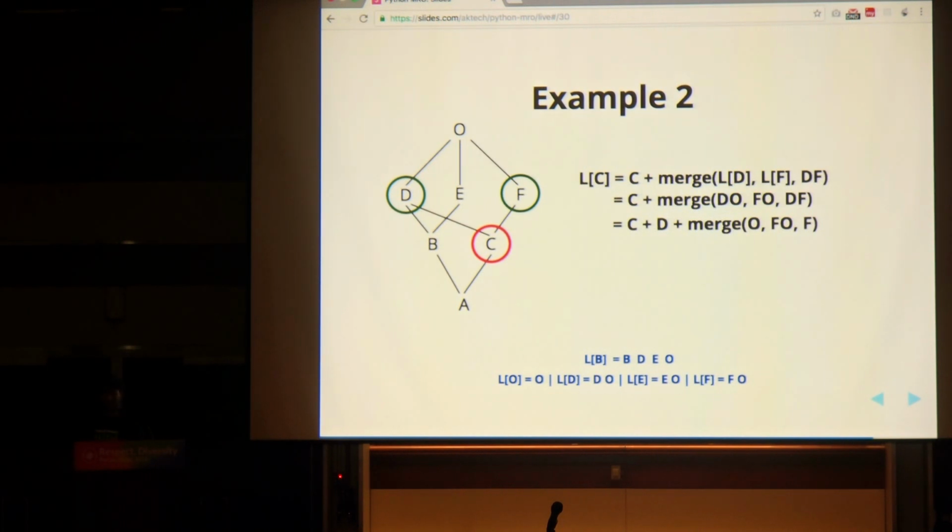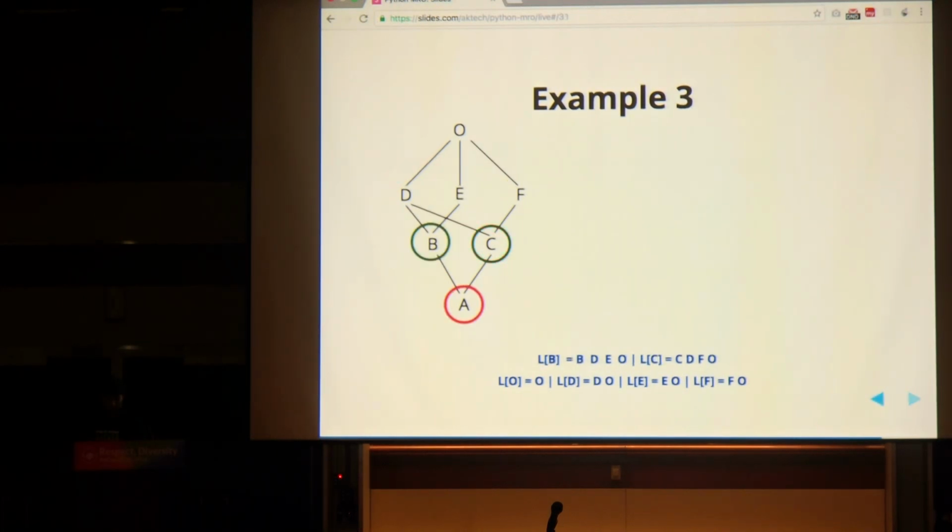It doesn't, because in the last list F is the head itself, so it is not in the tail. So you can again safely remove F. We are left with O, which can safely come out now. So the order of linearization would be C, D, F, O.